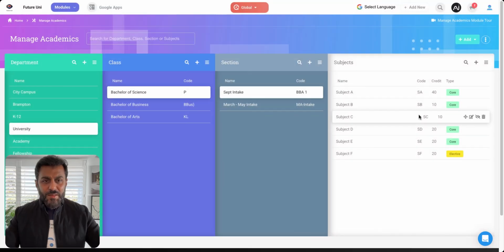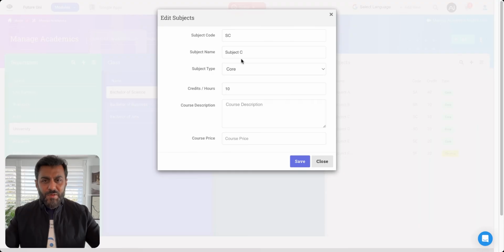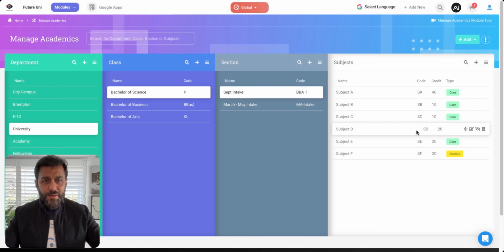There are other things that we can set up under the subjects as well. We can have subjects, whether it's a core subject, elective, or flexi-core. I'll quickly tell you the difference. Credit hours, description, course price, and things like that. All these things can be configured in terms of how you can add additional fields. We can do that as well. Now, the most important thing to understand here is the different types of course